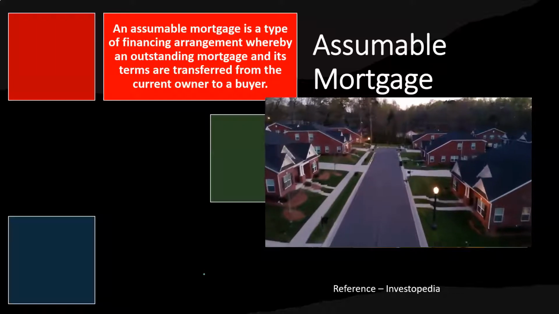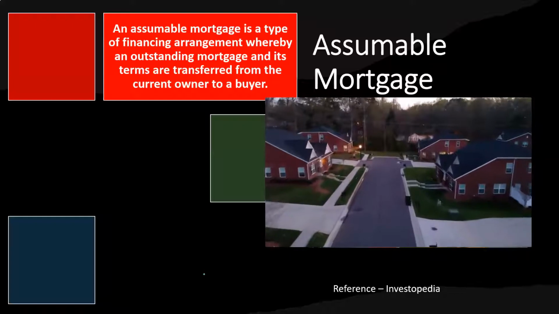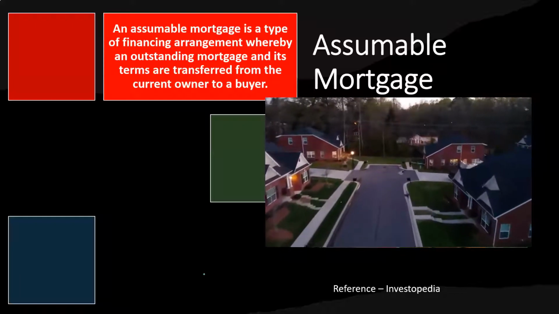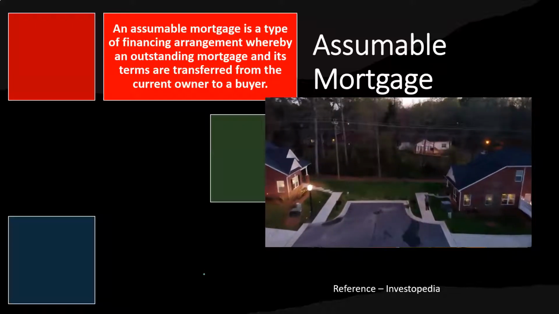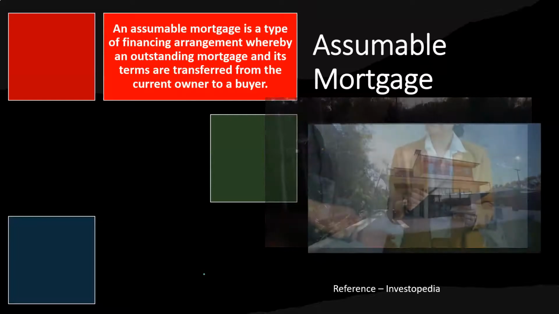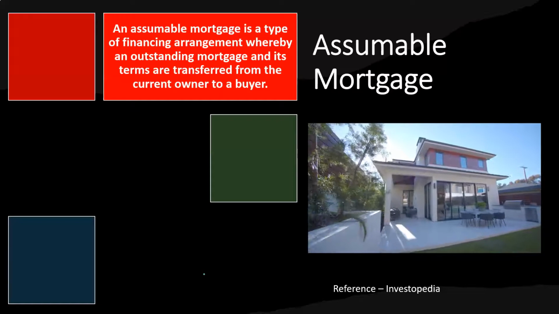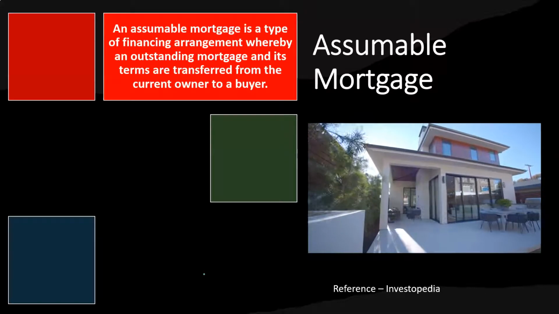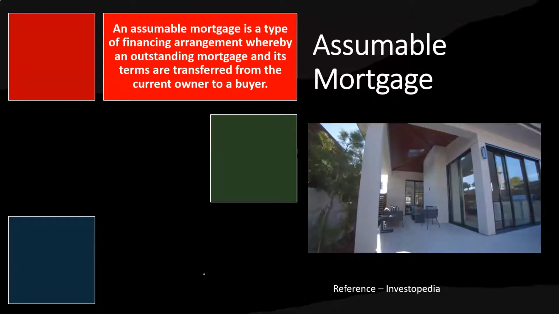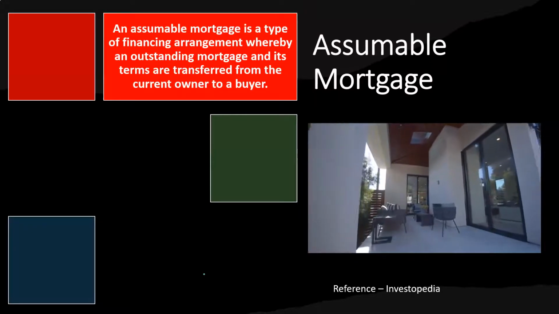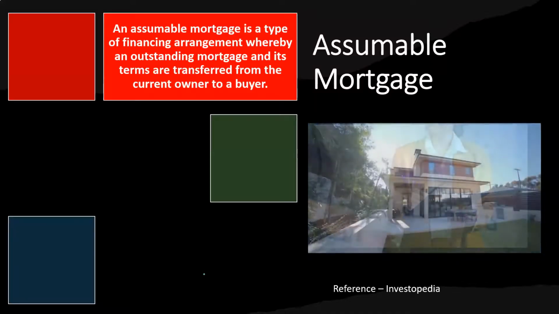So under a normal circumstance, you would expect the buyer to be financing, taking out some kind of loan on the property in order to pay off the seller. The seller, once they get the money from the buyer, then is going to use part of that money typically to pay off the loan that they had using the property as collateral. So you might say, is it possible then, and under what conditions would it be beneficial for the buyer to just say, can I assume the mortgage that is already outstanding from the seller, already having the property as collateral with it.